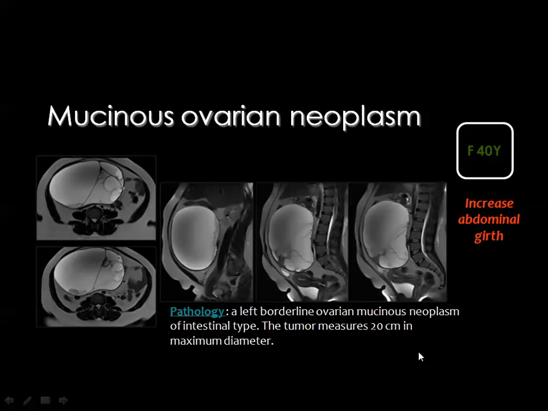And this is a mucinous ovarian cystadenoma showing the classic criteria. The cyst is big, there are multiple internal septations, and one of the criteria of mucinous cystadenoma by MRI is that you may see some difference of signal between the cyst components of the lesion. Like this here, you see this cyst is somewhat bright compared to the adjacent one. And this is, of course, due to the difference in the contents of this